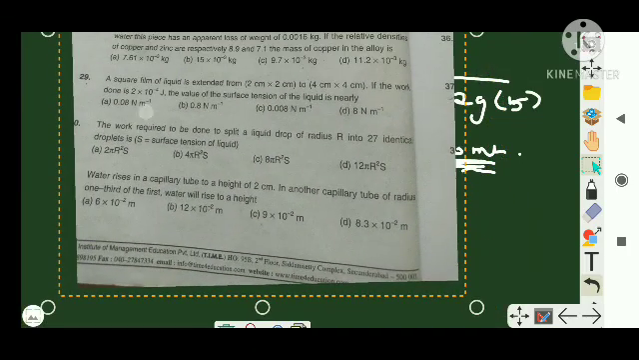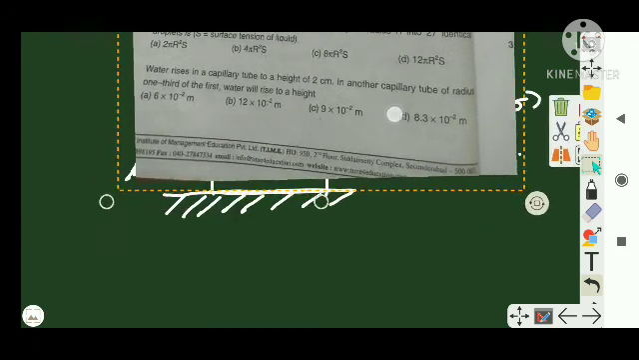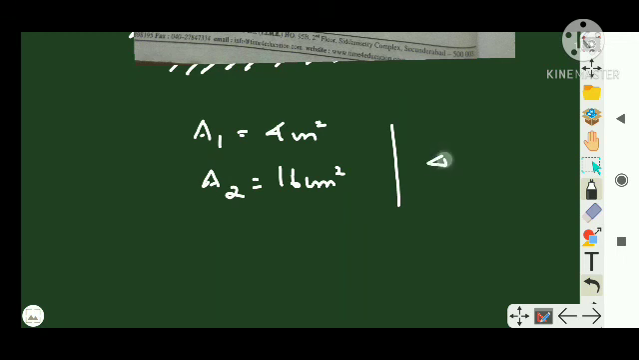Okay, see 29th question, right? A square film of liquid is extended from 2 centimeter to 4 centimeter, and the work done is given. What is the value of surface tension? So let us do this one. First area is 2 into 2, that is 4 centimeters square, and the second area is 16 centimeters square. So what is the change in area? It is 16 minus 4, that is 24 centimeters square,